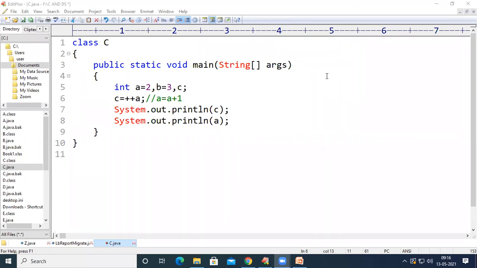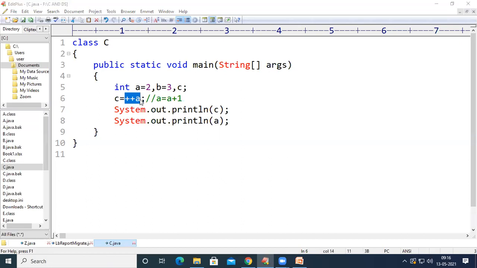So if you want to do assignment first and then increment next, use the variable A here. If you want to increment the variable first and then assign, use plus plus A here. So it is called pre-increment. Increment will have higher priority and then assignment will be done.